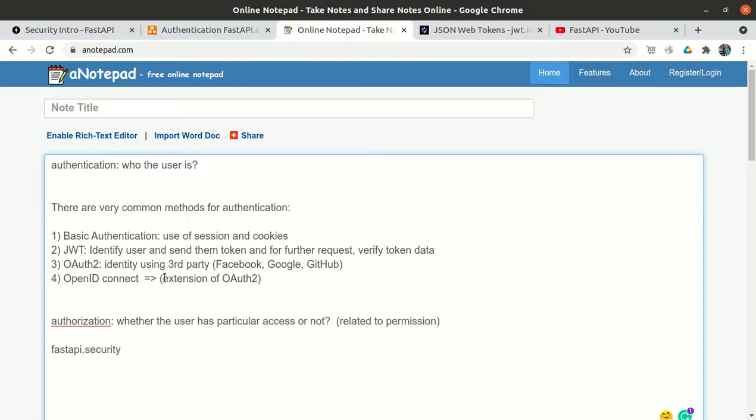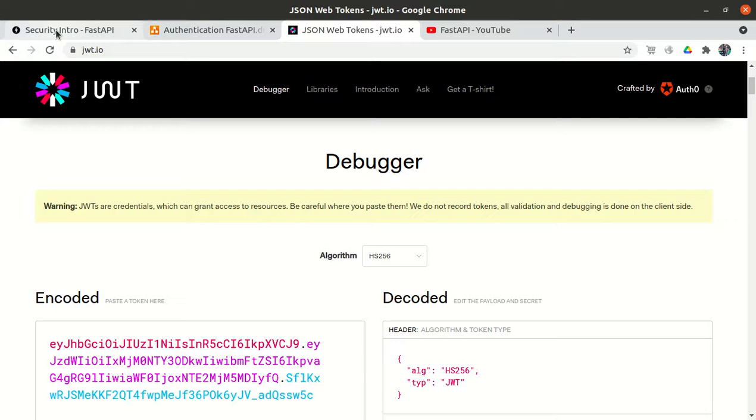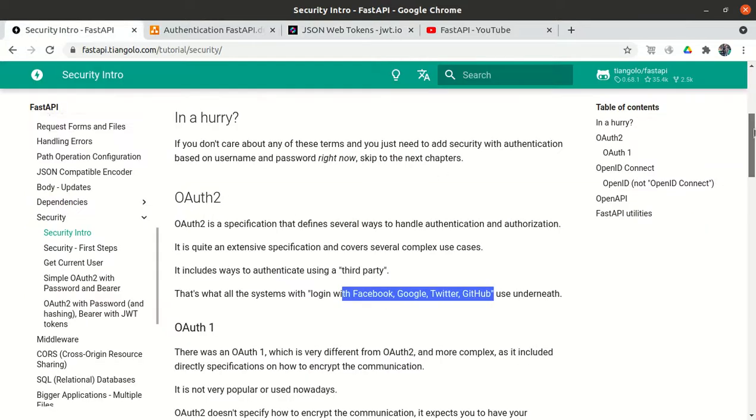We know authentication and authorization, so that is okay, but how to implement it is the concern, right? This is just the definition. By going through the definition, we can't write the code, right? Okay, let me close this. So we have covered this.